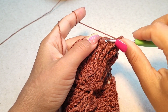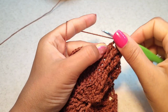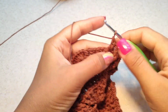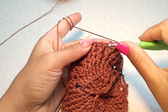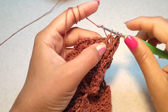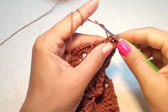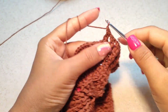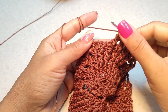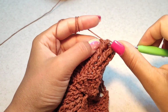leave 1 and we go for next 2 front post double crochet, 1 and 2, leave 1 and we go for next 2 front post double crochet, 1, 2. Now chain 1, leave 1, a front post double crochet around this one,